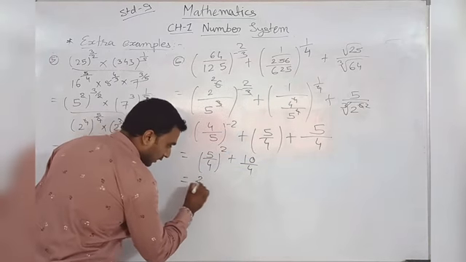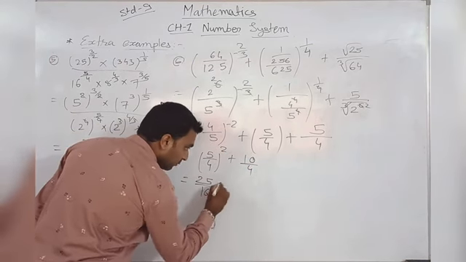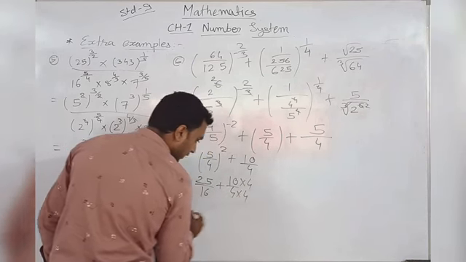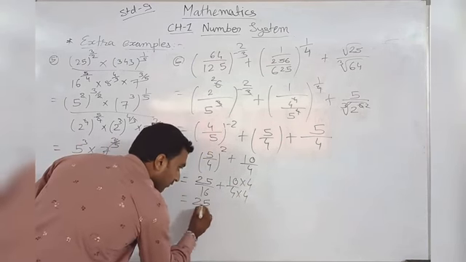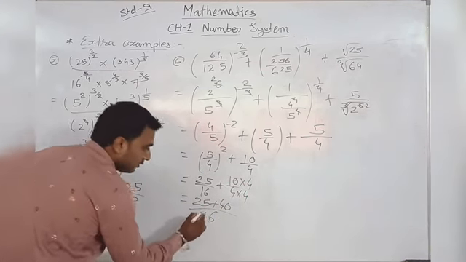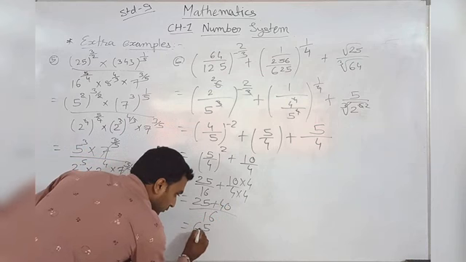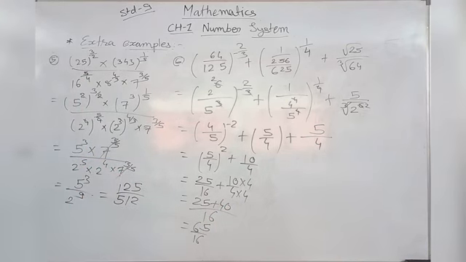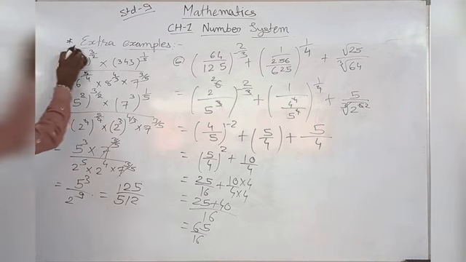Now again here it is 25 upon 16 plus 10 upon 4. We need to multiply by 4 because we have to do the addition of this one. So here 25 plus 40, in the denominator 16, so answer will be your 65 upon 16. Clear? This is your answer. Then next, this is the such a kind of A and B you have to do in your homework. I will be giving you question number 7.